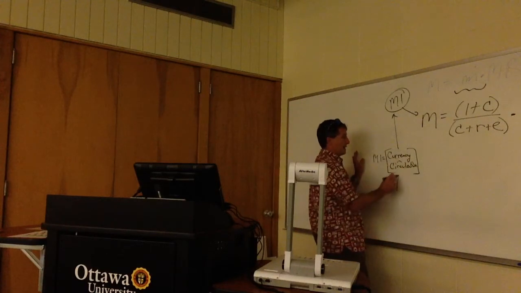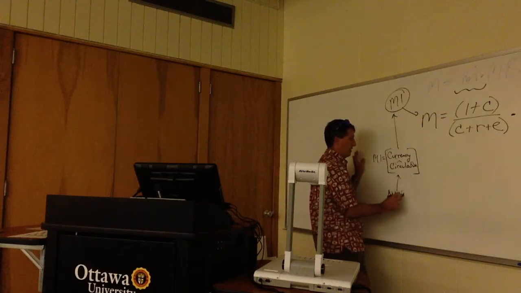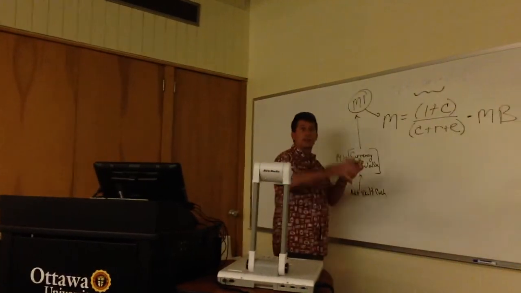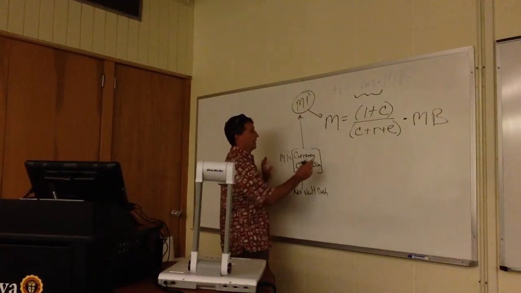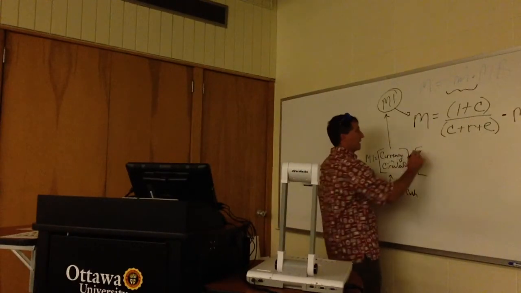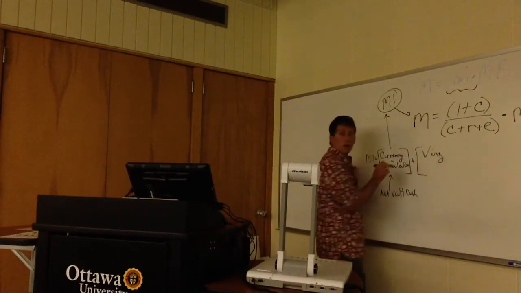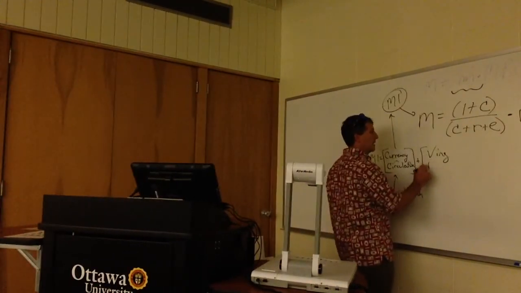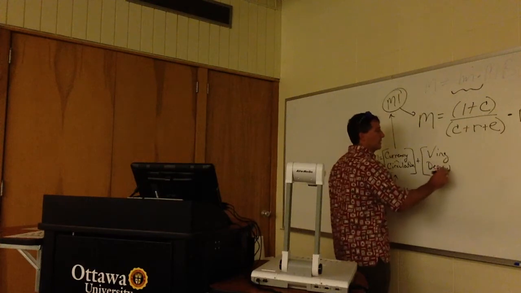This is not vault cash. It's actually out in circulation in the hands of the public, plus, what was the other? The checking account deposits. Specifically those, not savings accounts, not money market accounts, so just checking account deposits. So this was our most liquid